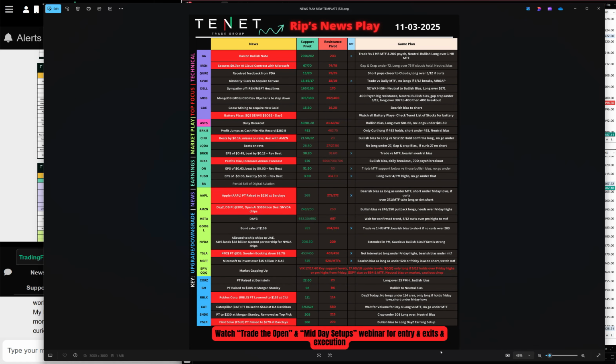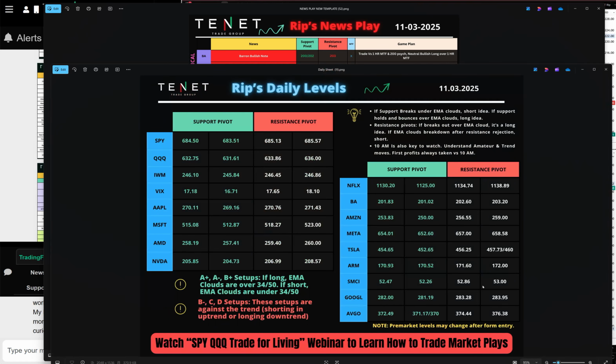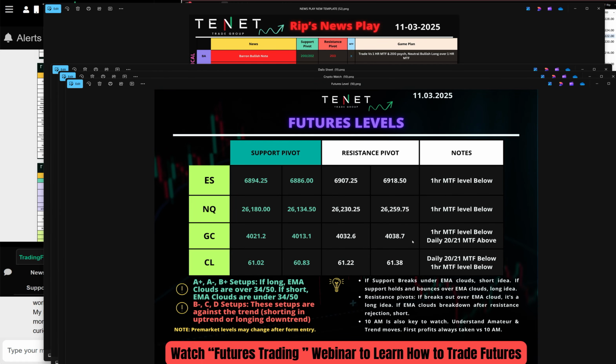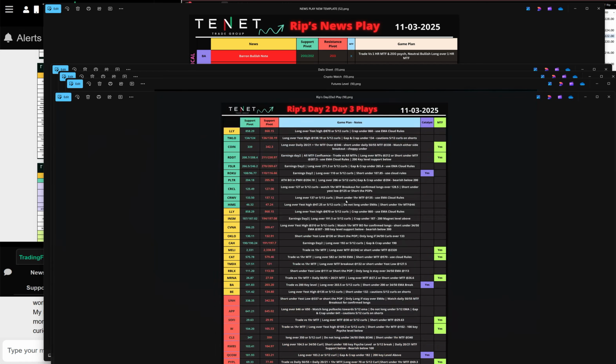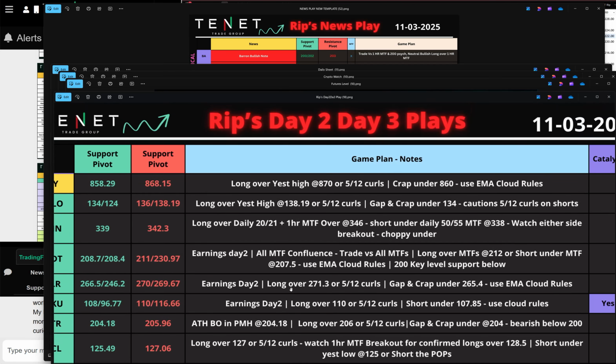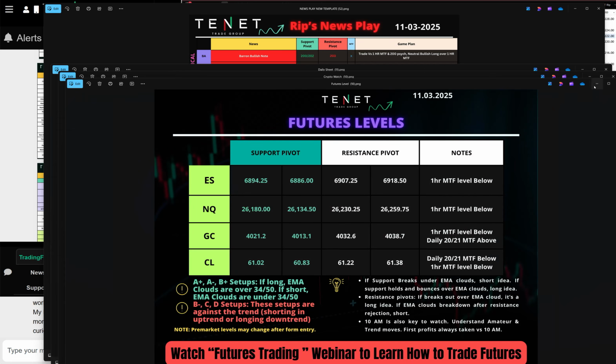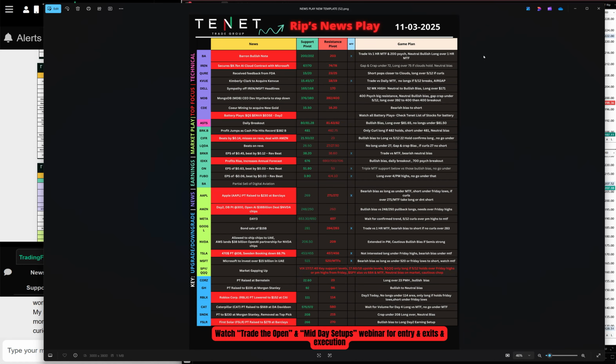We share a lot of other plans in the morning as well. We share the levels for ETFs, the stocks, the MAGSAP. We trade crypto stocks. We provide those levels in the pre-market as well, and the initial guidance on how to trade those crypto stocks. We also trade futures, and we provide this planning in the pre-market. Then we have another strategy that I've been teaching you guys for some time called Ripster Day 2, Day 3 strategy. All these Day 2, Day 3 setup plans are also shared in the pre-market, so the traders can trade all these stocks. So system is how you trade, setup is what you trade.